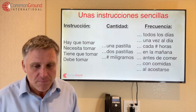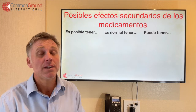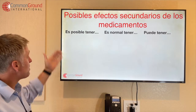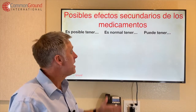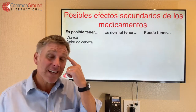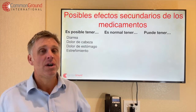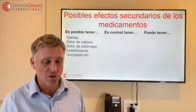Okay, hablamos sobre los posibles efectos secundarios de los medicamentos. Posibles efectos secundarios. Es posible tener, it's possible to have, es normal tener, it's normal to have, puede tener, you can have, diarrea, dolor de cabeza, headache, dolor de estómago, stomachache, estreñimiento, constipation, hinchazón en, swelling in, hinchazón en los